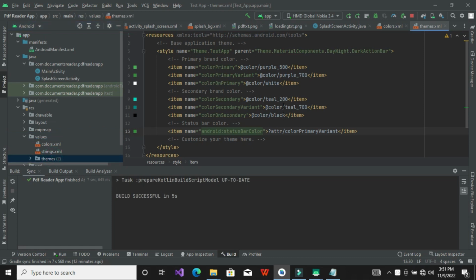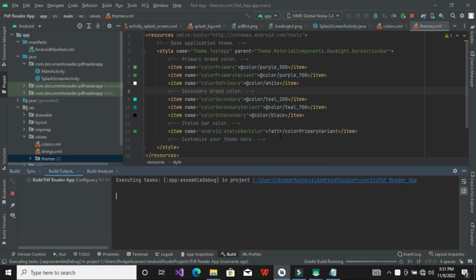So if I run the application now, test it and see. This is the current color, but if I run it now, you will see it will change the theme of the application. Okay, so now it's done. So terminate it and then